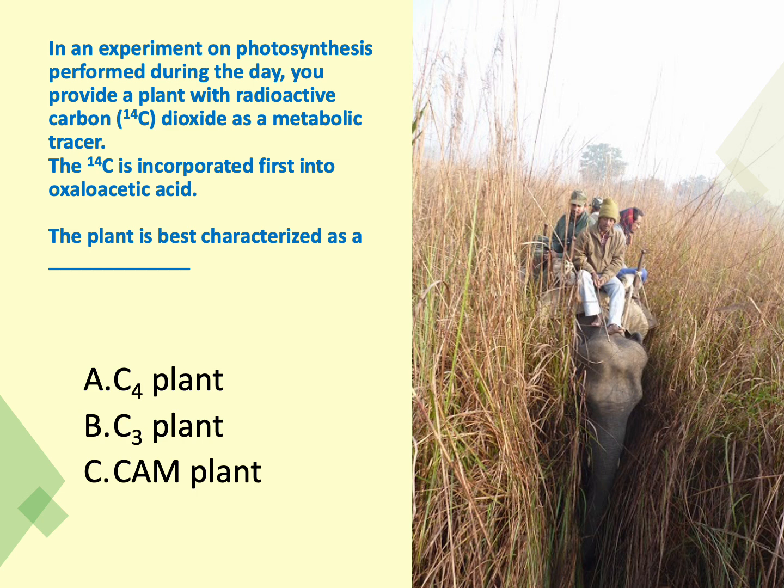Well, the grassland should give it away, but it's a C4 plant, right? Because the fixation is happening during the day. If it was a CAM plant, fixation would be happening at night, right? So because it's happening during the day and you're getting this 4 carbon molecule, this oxaloacetic acid first, as it gets fixed, that means you're not dealing with a C3 plant, or else it would just be Rubisco attaching it to RuBP. So the correct answer here is A.